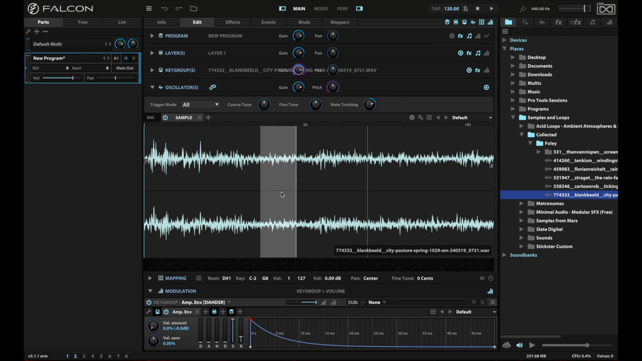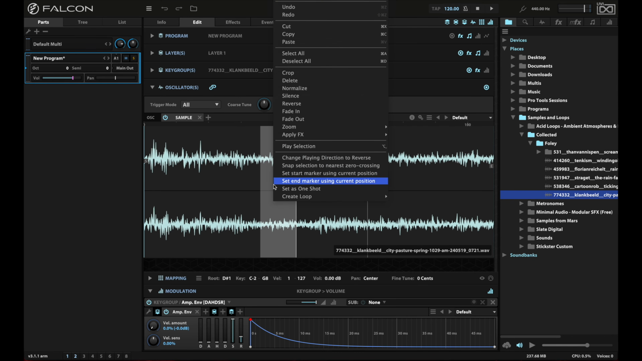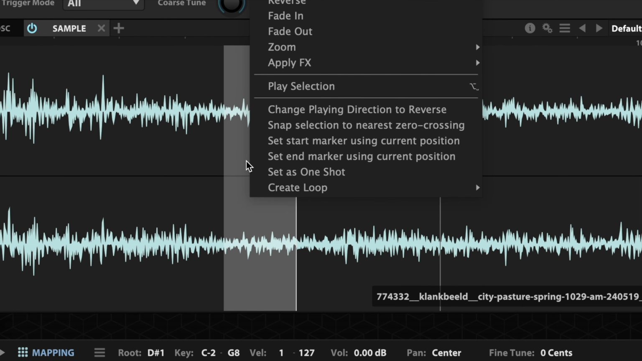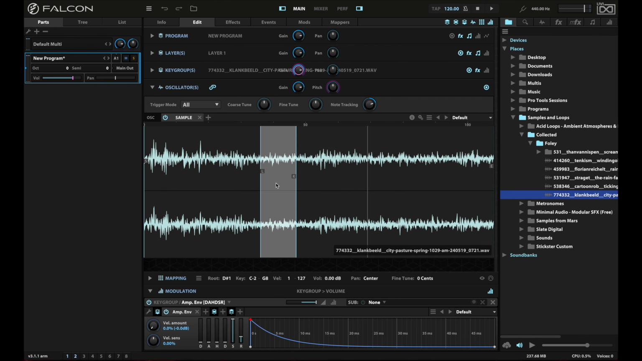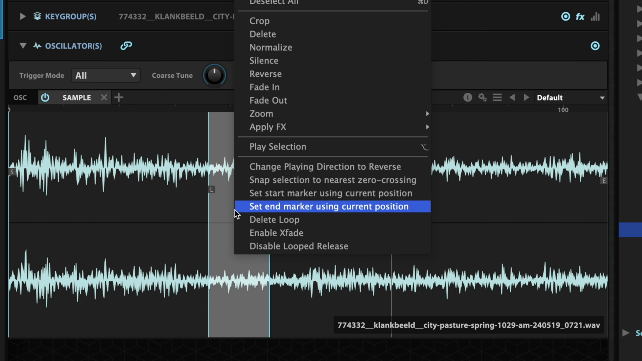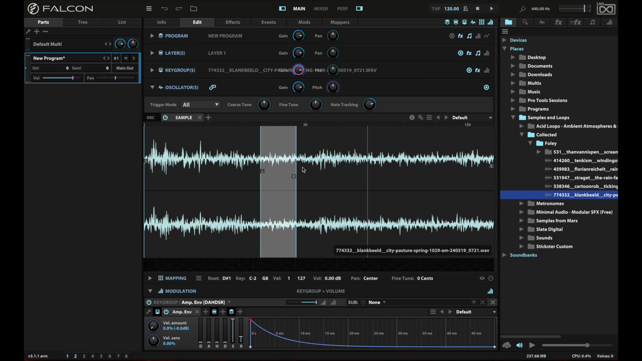And once you've done that, it means that the sound, rather than playing once all the way through, will follow the amplitude envelope that you've already assigned. So once you've done that, with the area selected, you can create a loop going forward. And often what I'll do after that is I'll right click and snap the selection to the nearest